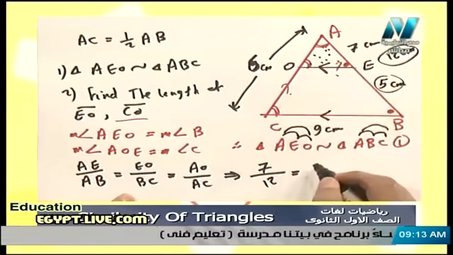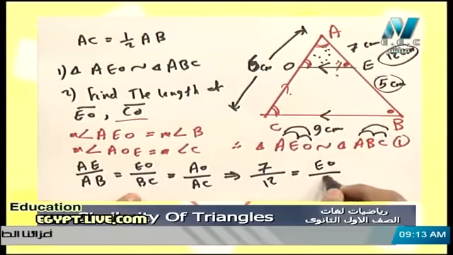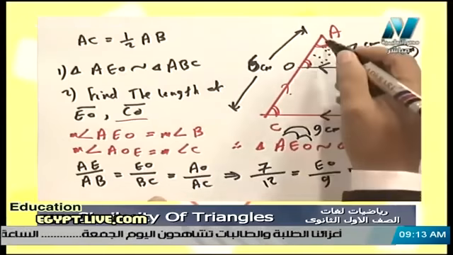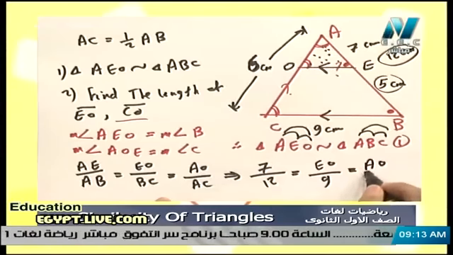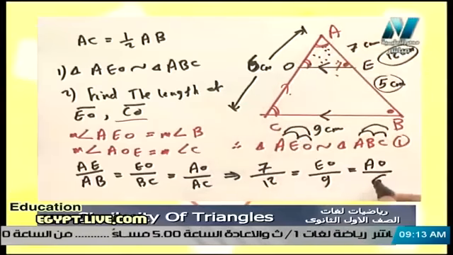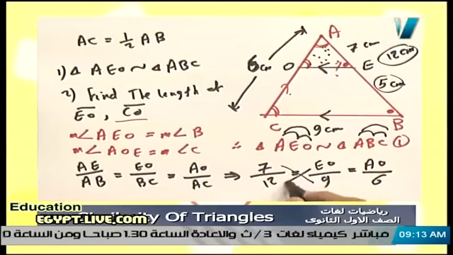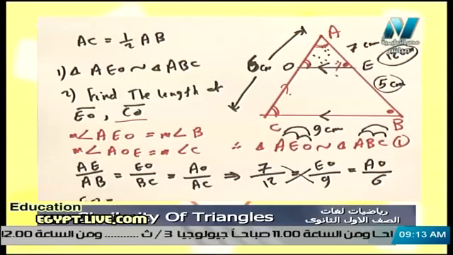EO here, we don't know it, over BC, which is 9, equals AO here, we don't know its length, over AC, the total AC is 6. So to find EO here, we multiply 7 by 9 over 12, cross multiplication. So EO equals